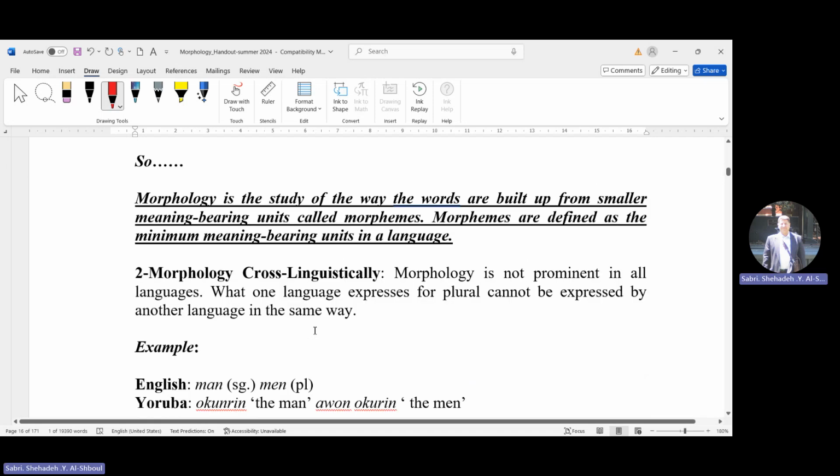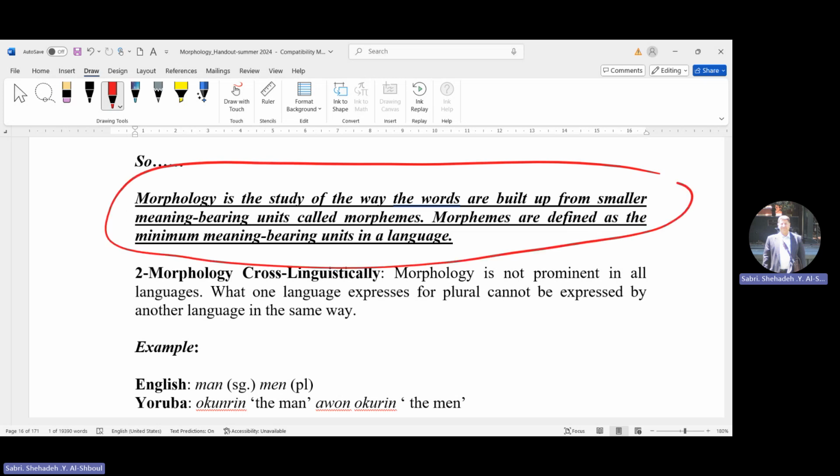Finally, this leads us to the definition that fulfills all the levels of adequacy, and it can conform to all principles of the universality of a grammar, and it can predict the occurrence or behavior of all languages, regardless of their system. I mean, this definition can cognitively provide generalizations that are applicable across the board. So morphology here in this bold, we can say that morphology is the study of the way